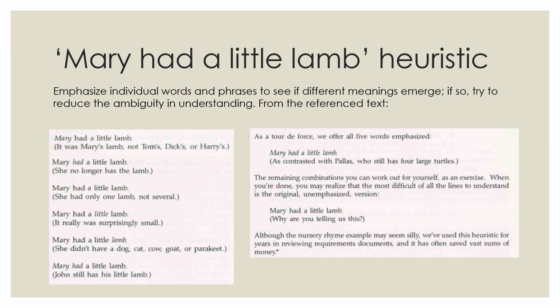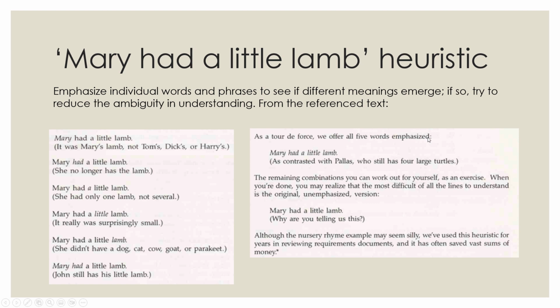And again, they will say in the book, okay, this sounds frivolous and I could never do this in a business, but it does help to sometimes do that. Now, I've taken some examples from the text, and they're a little bit fun, but if you emphasize Mary, then you're sort of emphasizing that it wasn't Tom, Dick, or Harry's lamb. If you emphasize the word a, well, she had one, not several, right? Not some lambs. The word little means I'm emphasizing that it's a small lamb. And on it goes, word by word.